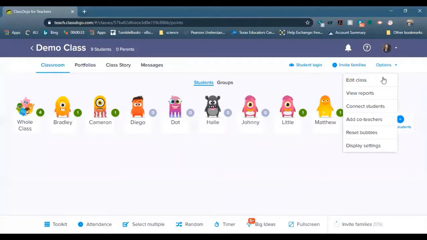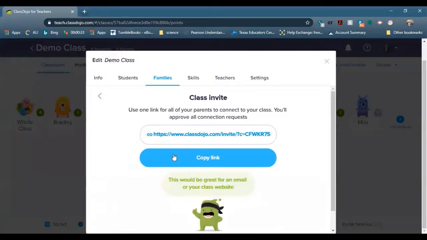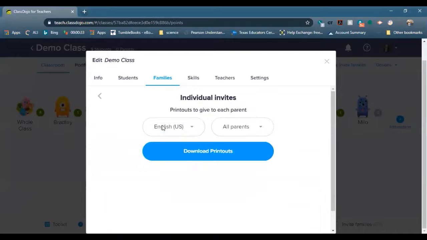Another thing that you can do is invite families. You can share one class link, copy the link, and you can also put it on your Schoology, Classdojo, or in your email that you send out. You can also download the individual invites. This is what we were required to do at the beginning of the year, but this is just a refresher. You can pick any language